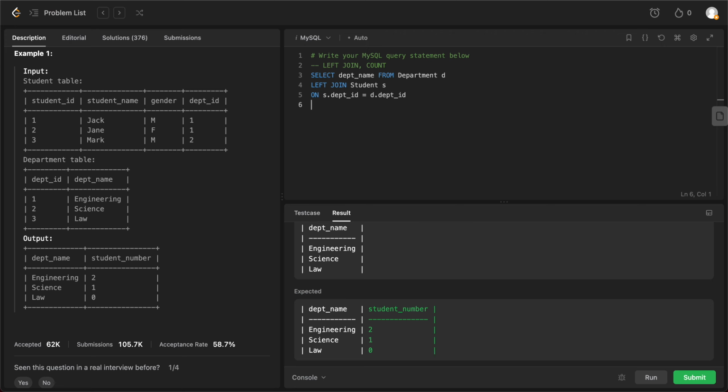And the next piece of information is, because we need to count, anytime any sort of counting is involved, we know that we need to group by. So we group it by department name, right? So what does this look like? We also need to take out the count, right? So let's do count, and what are we taking? We do s.student_id. So we're trying to get the number of student IDs for every single department name, the number of times we see a given student ID for a department name. So if you run this,